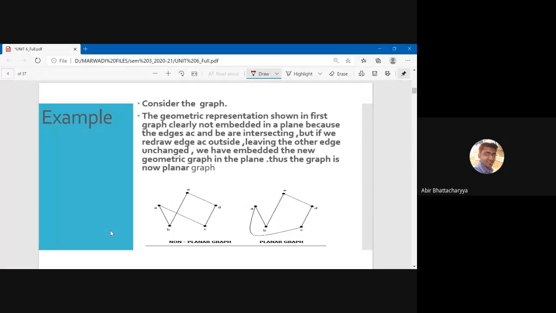Like this graph, as you know, apparently looks like a non-planar graph. But whenever I redraw this graph, it becomes a planar graph. So if someone asks you in an exam whether this is non-planar or planar, apparently it looks non-planar, but after embedding it's a planar graph. So it is a planar graph. But in exams, sometimes some questions arise that